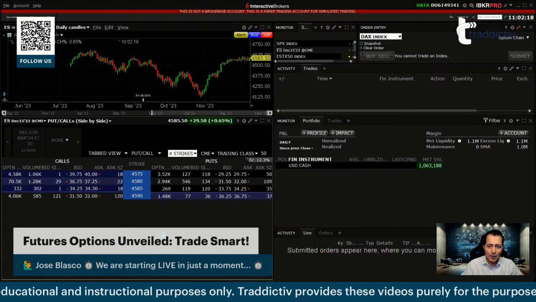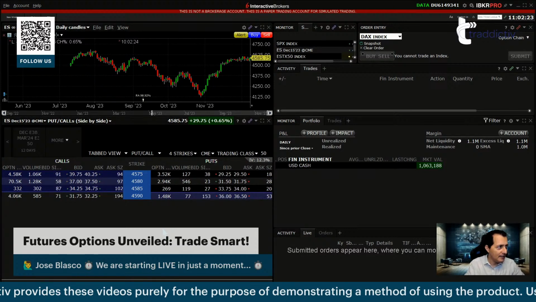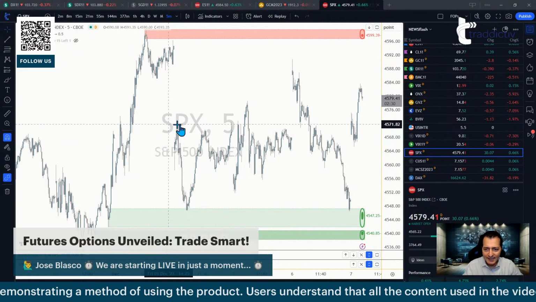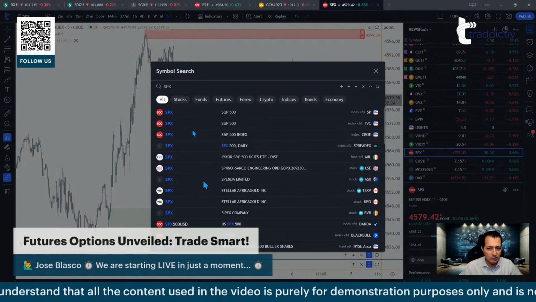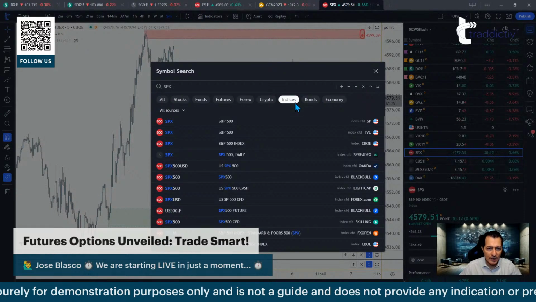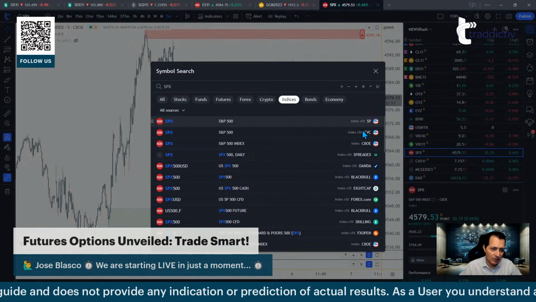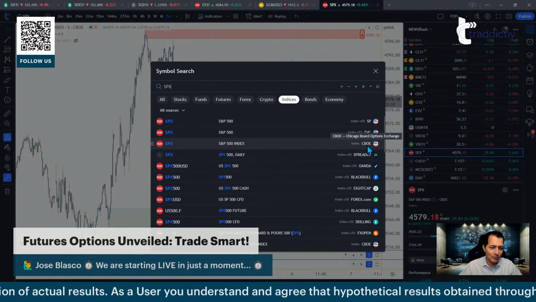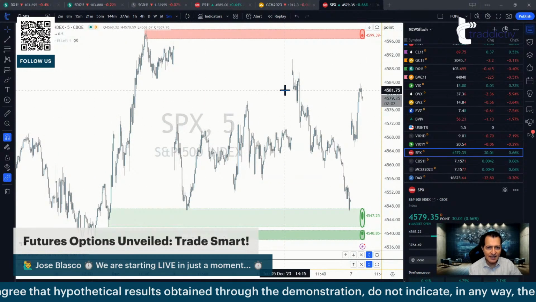Well, very simple. When you trade options on futures, which is the topic for today, you need to deal with the right expression on your chart. For example, here I am looking at SPX. I'm using TradingView and I typed SPX. Of course you can load many things, but SPX is an index, so just to narrow down my search, I'm going to type index. Notice here that you have a CFD, which is an over-the-counter product. You have another CFD, over-the-counter product, and here you have index Chicago Board Options Exchange. That's the one.